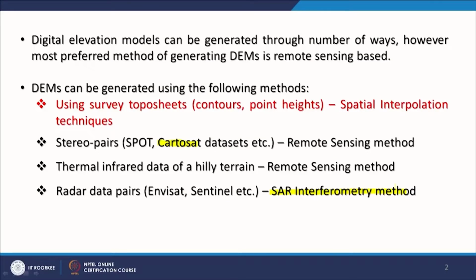And now the other method, which has brought really a revolution in digital elevation model availability at a global scale, was SAR interferometry, or InSAR in short. This started basically with the SRTM, the Shuttle Radar Topography Mission. That was a mission of about 16 days, and during that time 80% of the globe was covered,